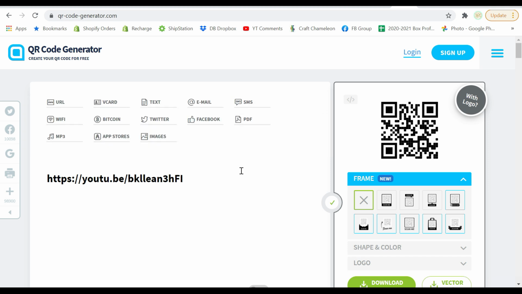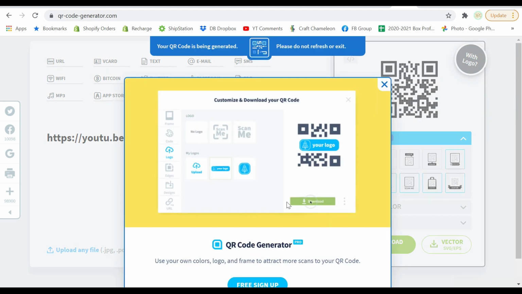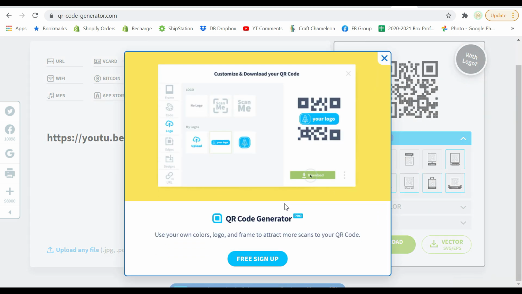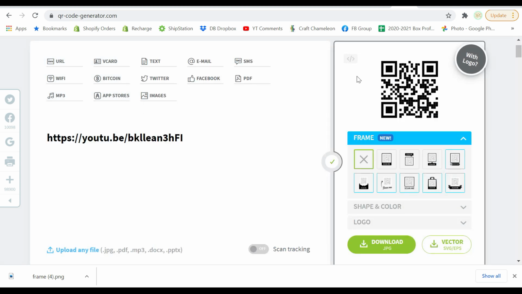Now, there's nothing special about this website other than you just want to make sure that it is in fact free and that your link is going to work forever. I'm not going to do anything special other than just download this QR code. And then this pop-up kind of makes you think that you need to go ahead and sign up for an account, but there's actually just a small delay, but the file will start downloading to your downloads folder. So you can just close that out whenever you're ready, and then your QR code will be saved to your computer.